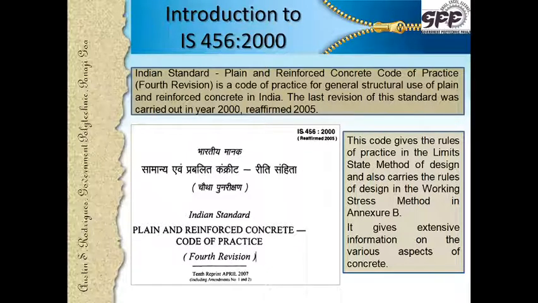Now things have changed since the change of the millennium in 2000. What has been prescribed to a larger extent is the limit state method, which forms the core part of the code. But for some things, the working stress method is still continued in Annexure B.